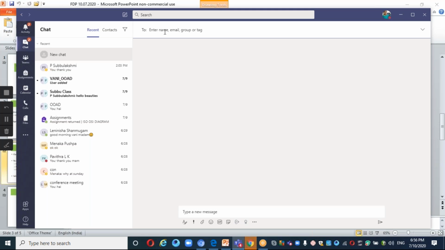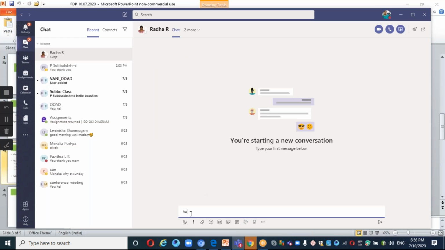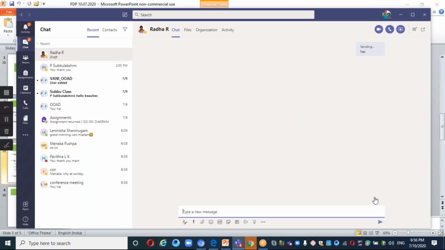Like I want to chat to Radha. I'll give it as hi. At the bottom, I can type hi. I'm giving send message. At the bottom you can find send. So the message hi has been sent. This is for a single person.